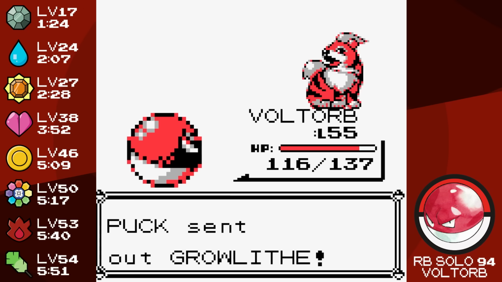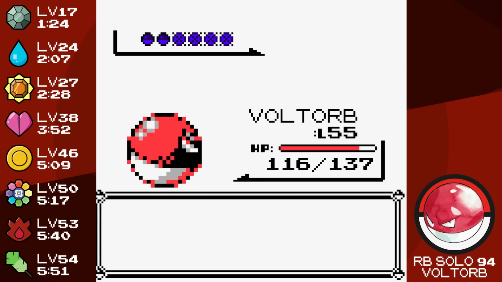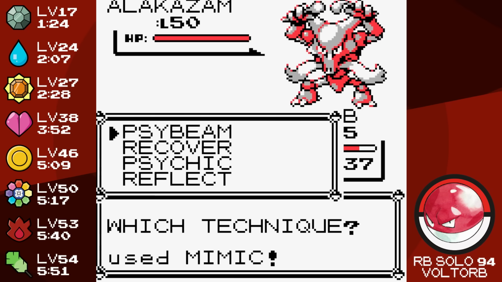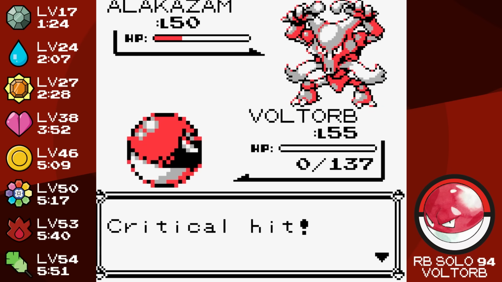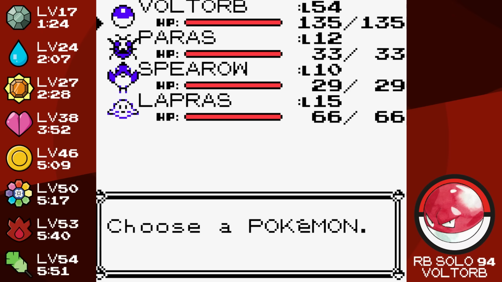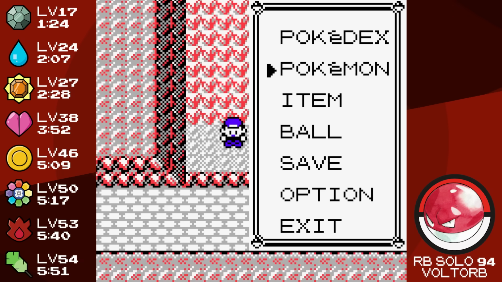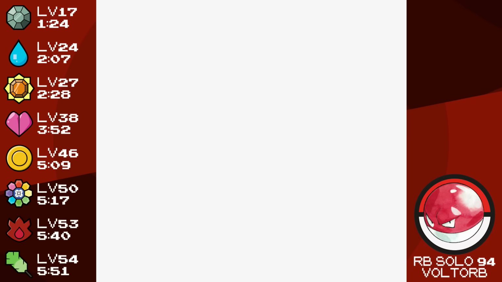I was going to one-shot Gyarados anyway. Growlithe, the Tail Whips probably mattered. And then against Alakazam, I mimic Psychic. Now, this is important. Oh, that's a great crit. Oh, that's a terrible crit. But that's important because Psychic is super effective against Venusaur, and that's probably a really good way that I can go about beating it. However, I wanted to see whether the fight would be a little bit better if I